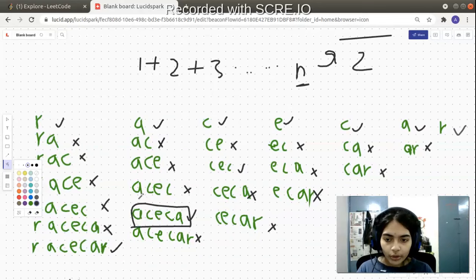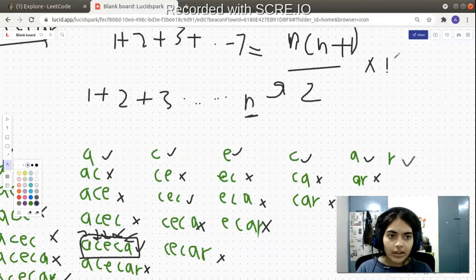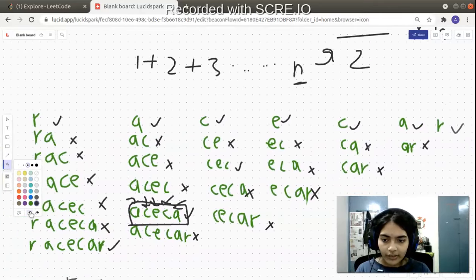Take any substring. To find if it's a palindrome or not, how do you know? You check if the first and last character are equal, then you check if the second and the second last character are equal, third and the third last character are equal, and so on. So you will again have to iterate over the entire string. So you will multiply n with this, and you will have O of n cube complexity.